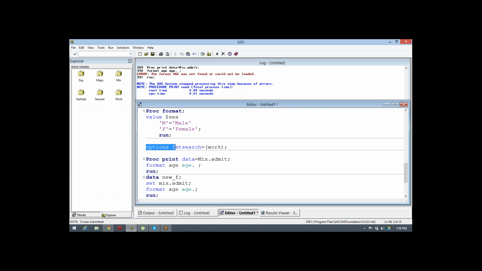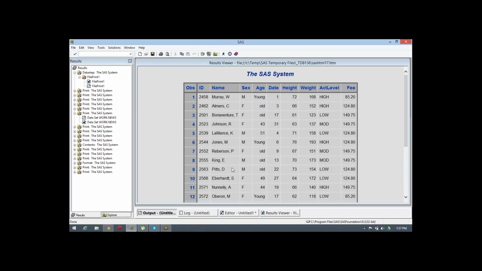Option is called a global statement. Once you define it, it will be there for the till sessions. So now I am telling SAS to search your particular formats from your mix library. So the default behavior has changed. Now if I apply proc print, we'll get the output back again.